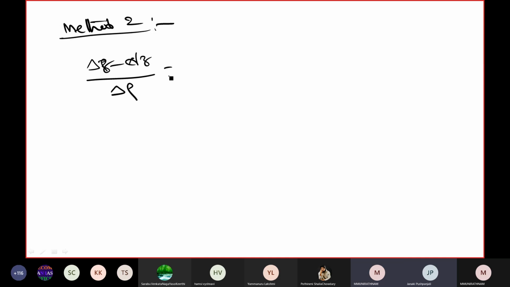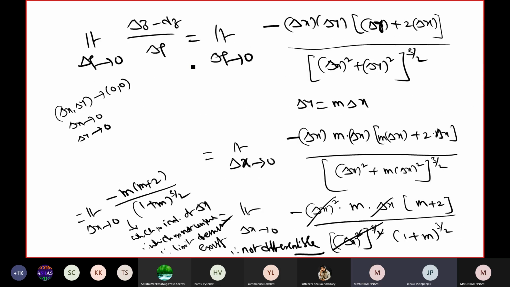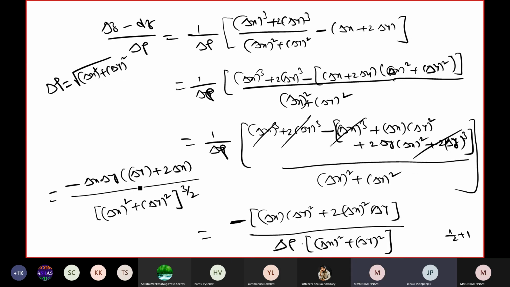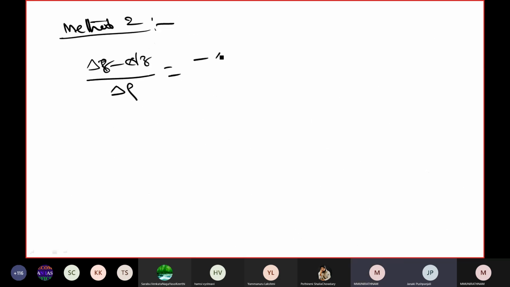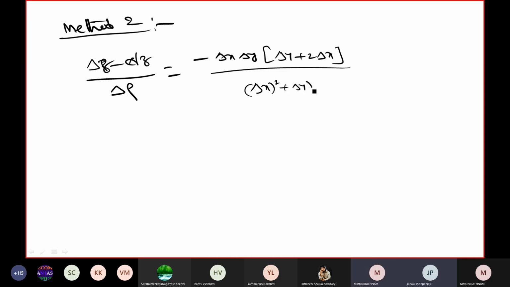Let's do method 2. Method 2, delta z minus dz by delta rho. ఏమైంది మనకు? This is, minus delta x delta y plus 2 delta x by delta x whole square plus delta y whole square plus